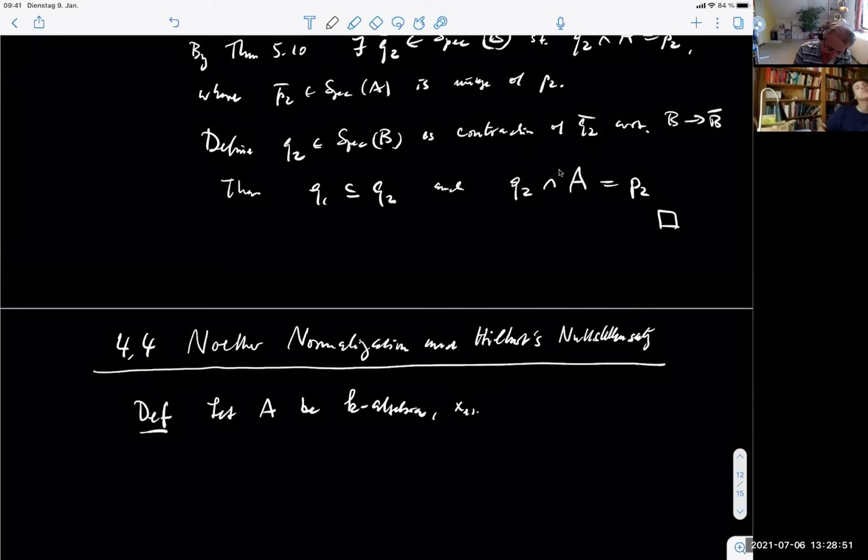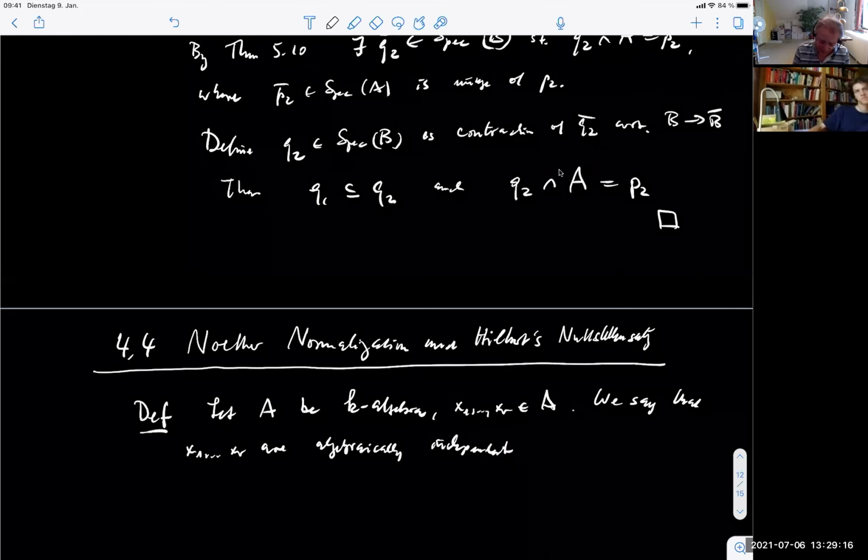Then I have elements x1 up to xr in A. And then we say that they are algebraically independent. Or did we have it already in the context of Gröbner bases? Yes, we had it. But it doesn't harm to recall it. We say that these are algebraically independent over K